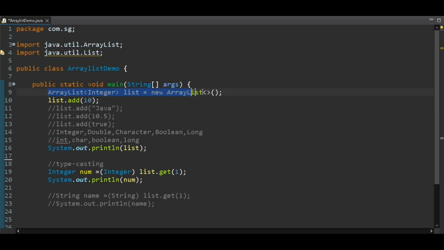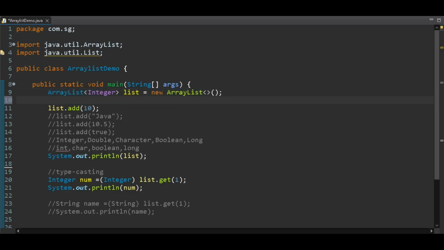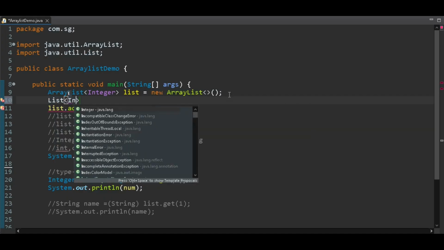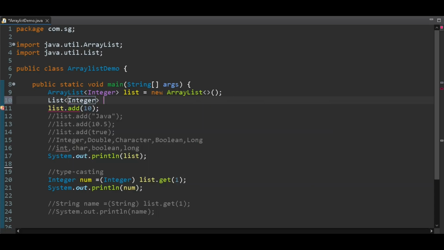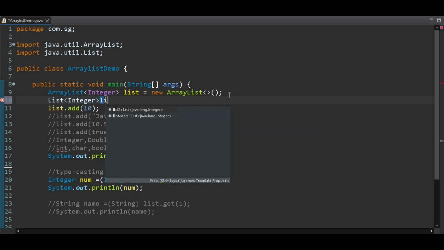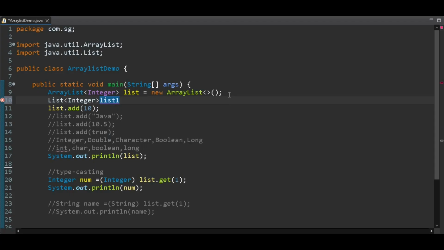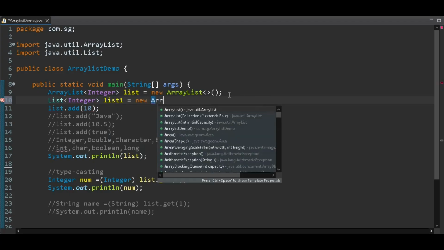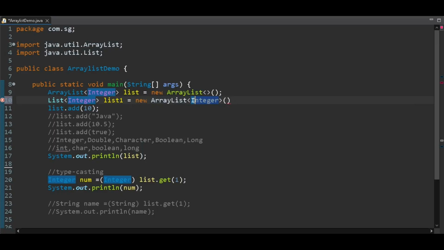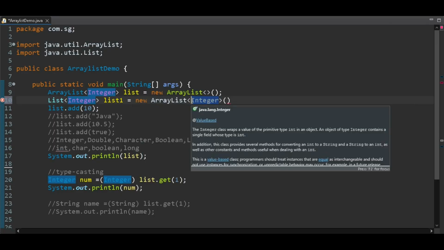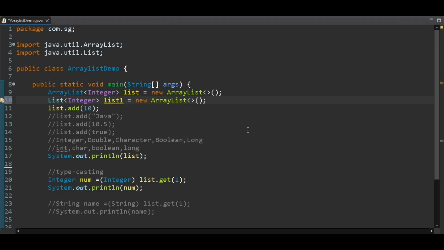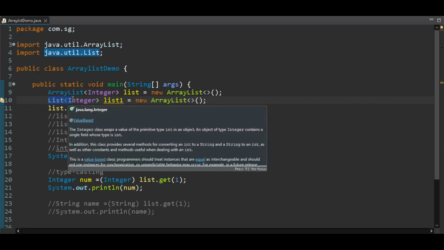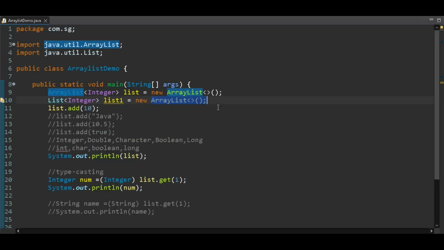Instead of writing like this, we can simply write List and specify here the generic type, suppose Integer, and the reference variable, suppose list1, new ArrayList. So instead of this you can simply put the diamond operator at the end. Okay, this is also valid. So here List is an interface and ArrayList is a class which implements the List interface.